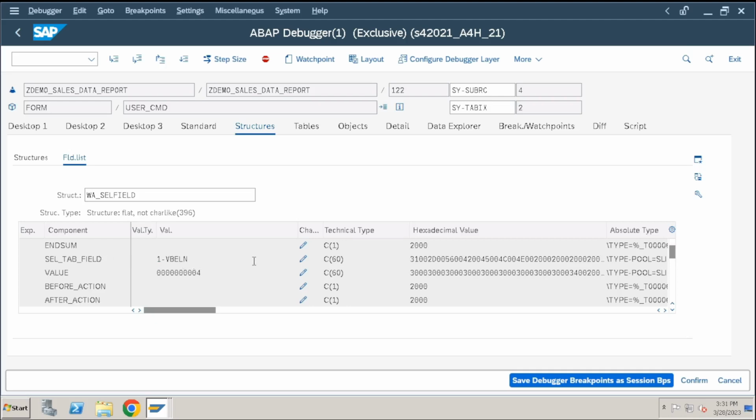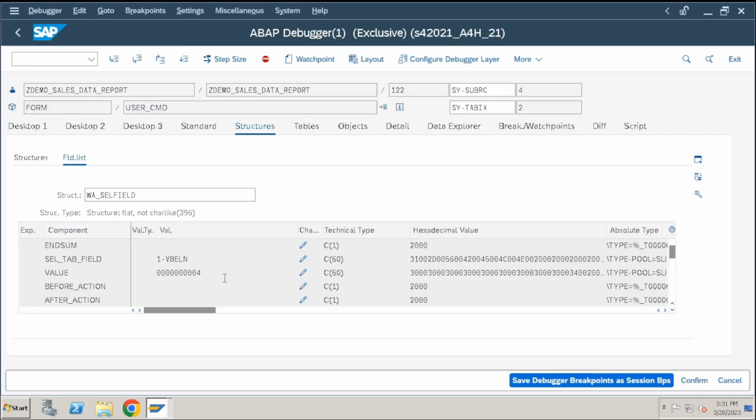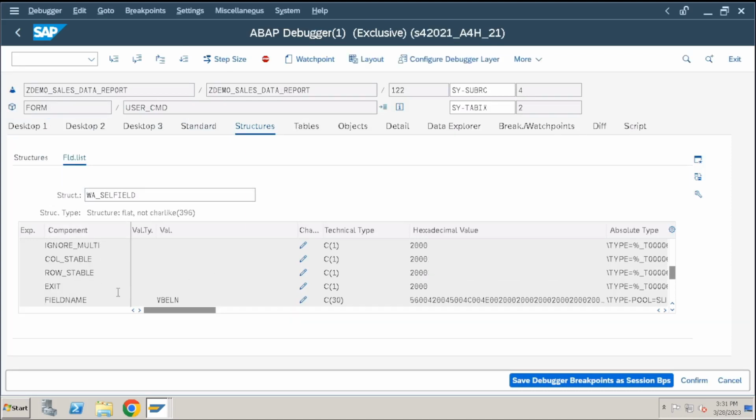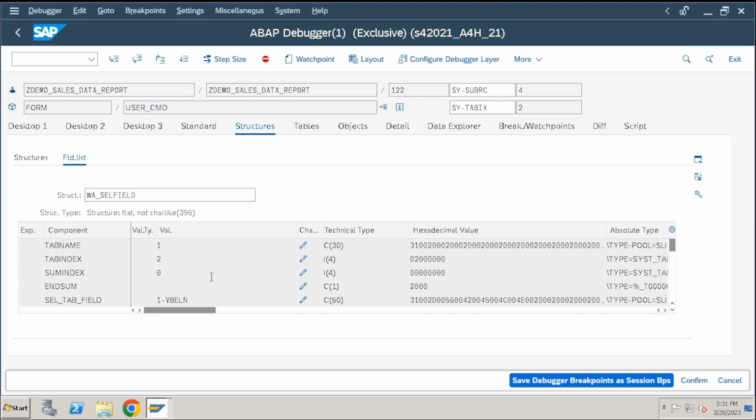Field VBELN, number 1, VBELN. What is the value? 4. What is the value we selected? That sales order number, right? Here the field name, technical field name VBELN, of the ALV report, right? These details we have, correct? Yes, sir. So by using this,